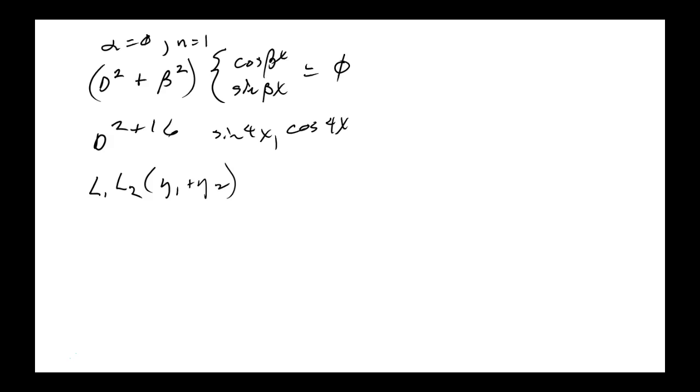Now the premise here is that L1 annihilates y1 and L2 annihilates y2. Okay. Now, we just distribute. And this would be L1, L2, y1 plus L1, L2, y2. Okay. Now, reminding ourselves,